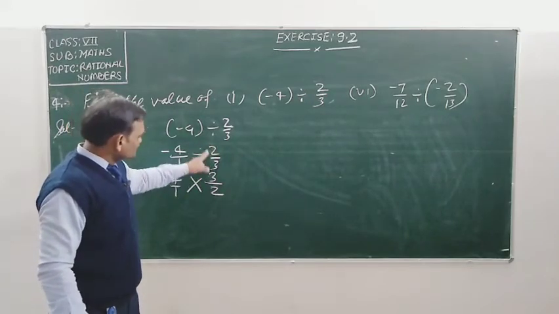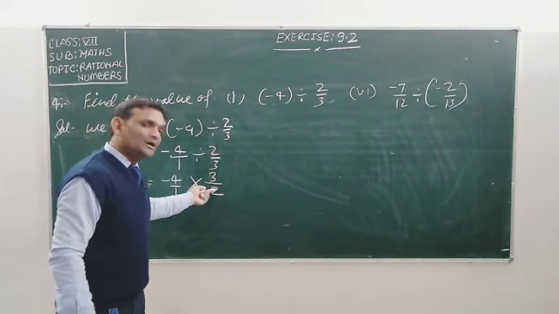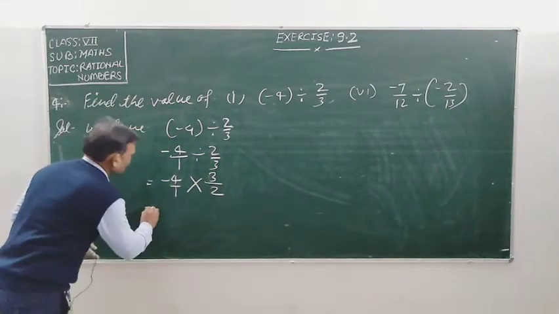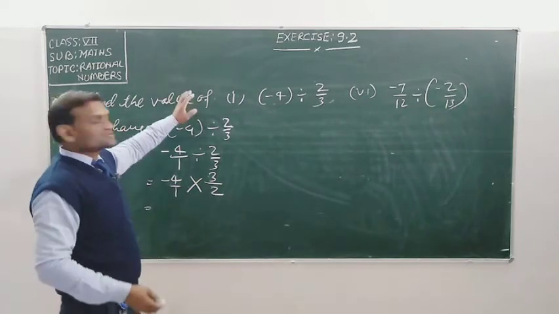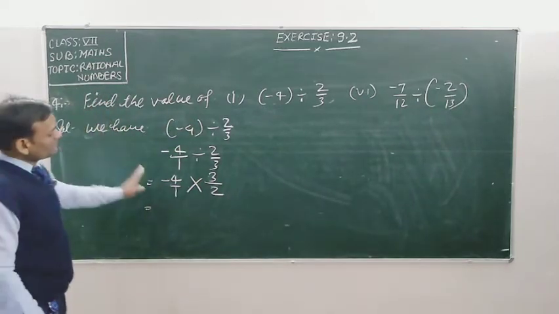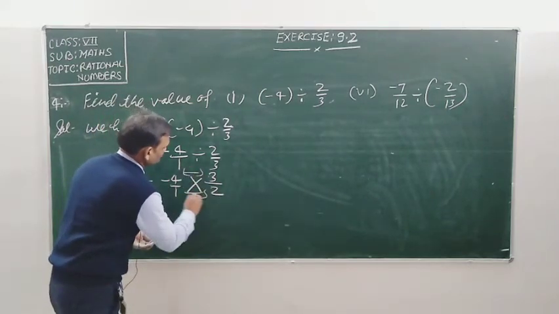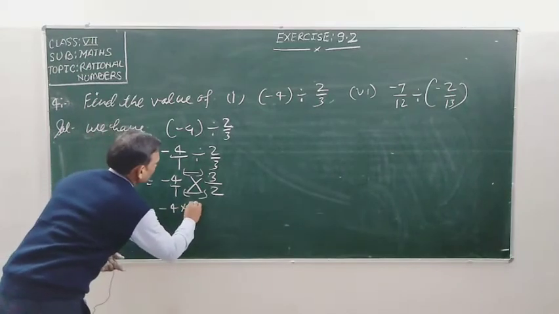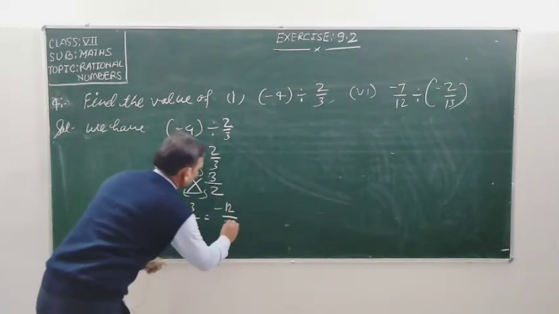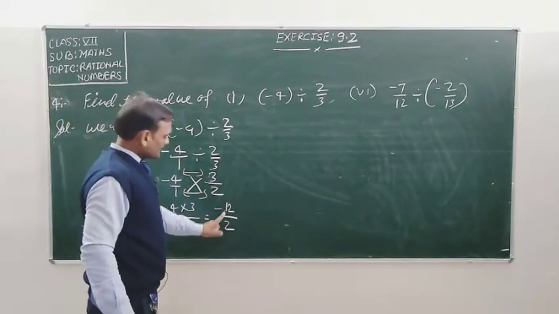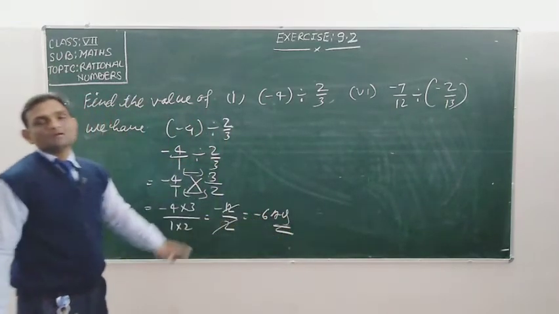You have to change the division sign into a multiplication sign and write the reciprocal of the rational number after the division. Now student, this division question has changed into the multiplication of rational numbers, and you have solved that in question number 3. How can we multiply two rational numbers, numerator to numerator and denominator to denominator, like this. So student, minus 4 into 3 upon 1 into 2, we get minus 12 upon 2, and 12 can be cancelled by 2, 2 6s are 12, minus 6. This is my answer, student, minus 6.